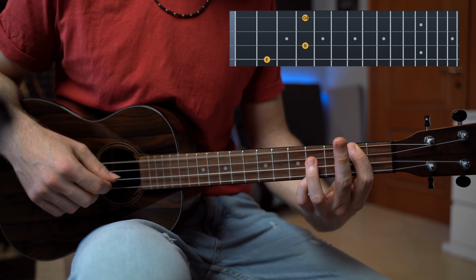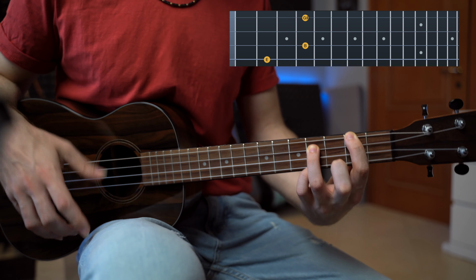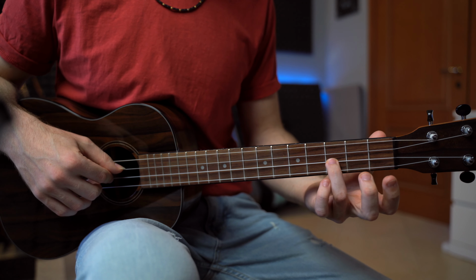Now on this fret 4, we're gonna play an E major chord. Again, the same open triad, the same shape is 2, 4, and 4. And then the melody on fret number 1, 0, 3,